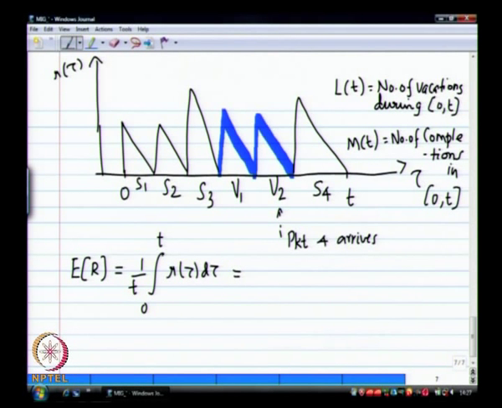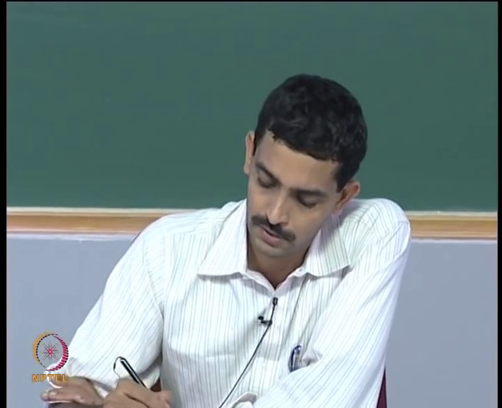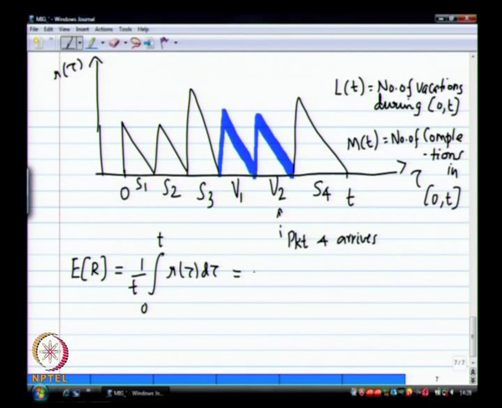So what do we have now? What is it going to be? Last time it was 1 over 2 sigma x squared, or sigma s squared. In this case it is going to be sigma s squared plus sigma v squared. Again this height is v1, this width is also v1. So therefore this is equal to 1 by 2t, the sum with i going from 1 to M of t.